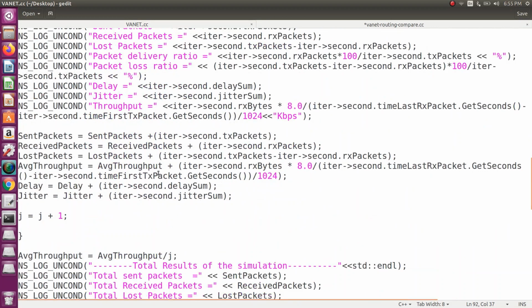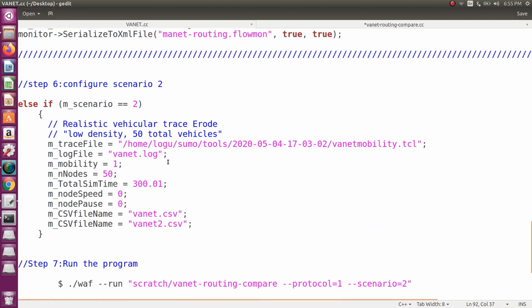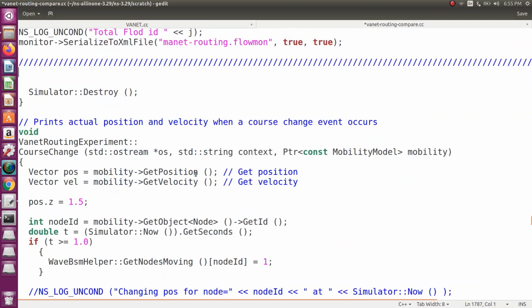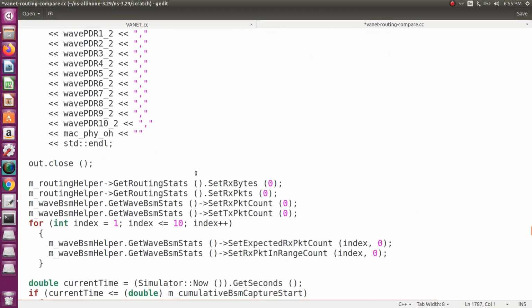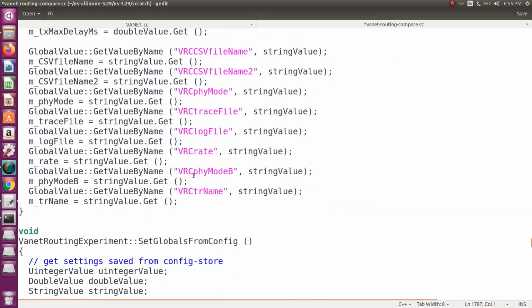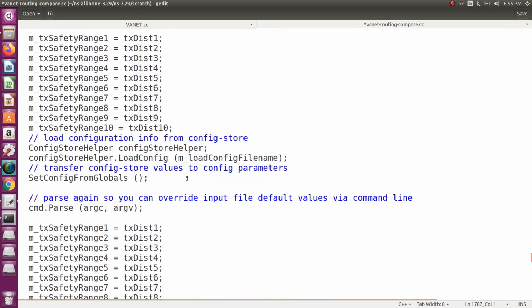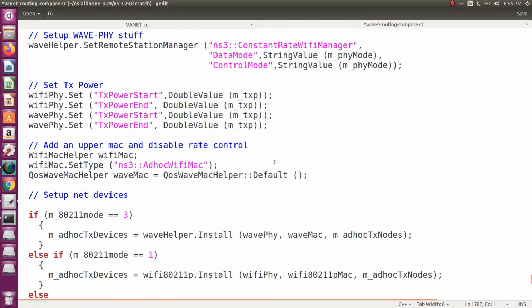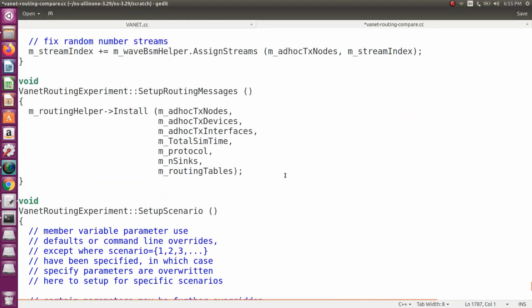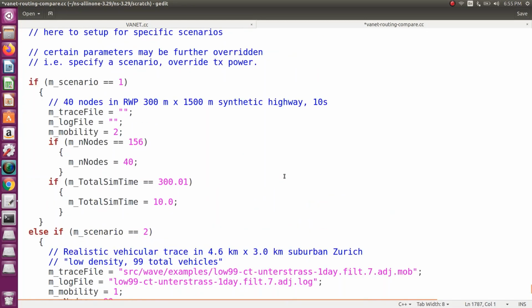The next thing we want to do is configure our scenarios. Go to the scenario sections. So here this is scenario 1.